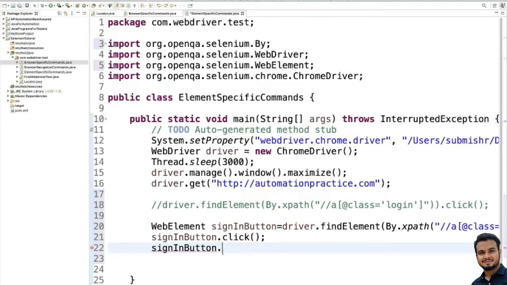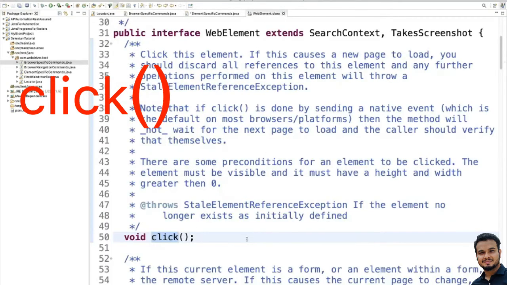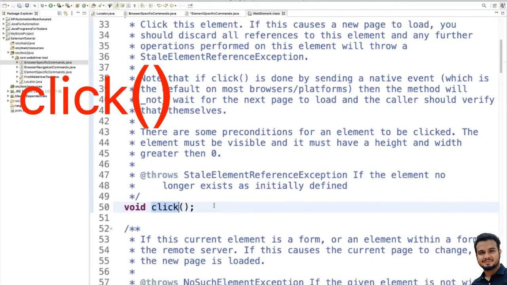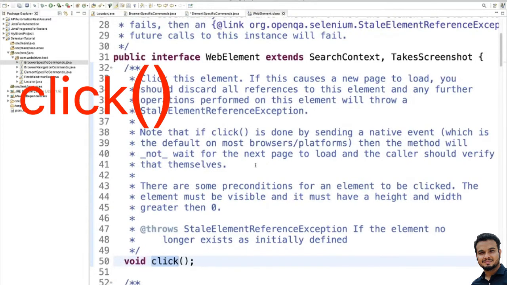Let me tell you some more things about click. The click command is used to click on a link, button, checkbox, or radio button. The click method simulates the clicking of any element, accepts nothing as a parameter, and returns nothing. If we go inside this click method, we can see it is part of WebElement.